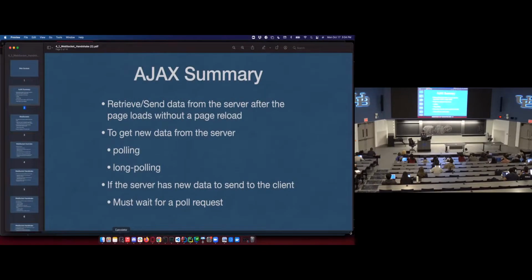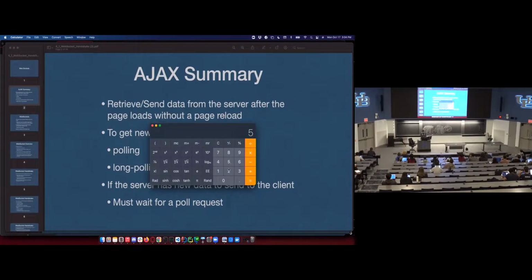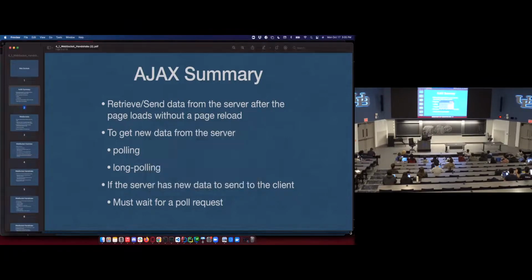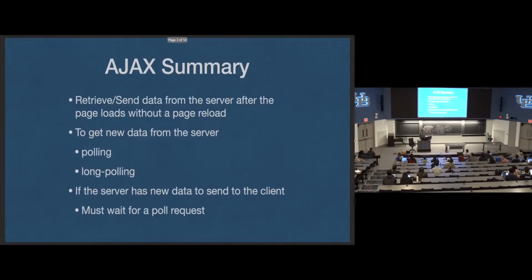I can't do math anymore, but 50 students times 60 per minute times, we'll say an hour, 60 minutes. It's 180,000 requests that were hitting my server over the course of an hour. So polling, not the best thing. It's a lot of network traffic, and if you have some kind of DDoS protection in place, it's probably going to kick off when you have a lot of requests like that. It can potentially, it did for me. DigitalOcean's like, no, I'm going to protect you from UB because clearly a lot of students are attacking you. I'm like, no, it was me. I DDoSed it. I told them to. It's fine. But it ruined the lecture example.